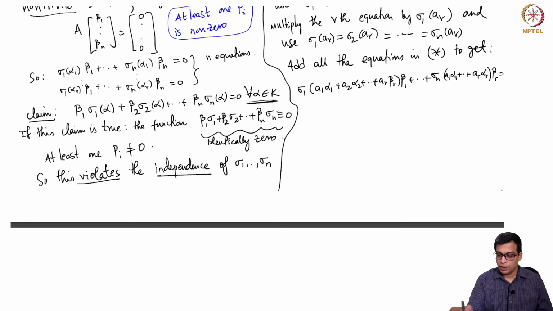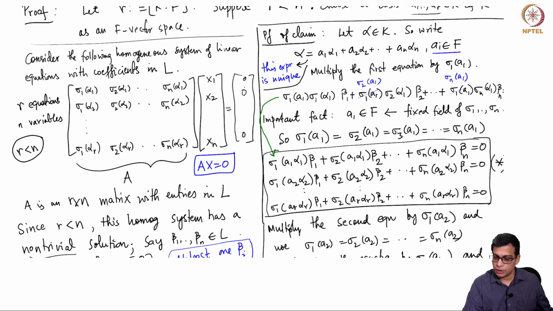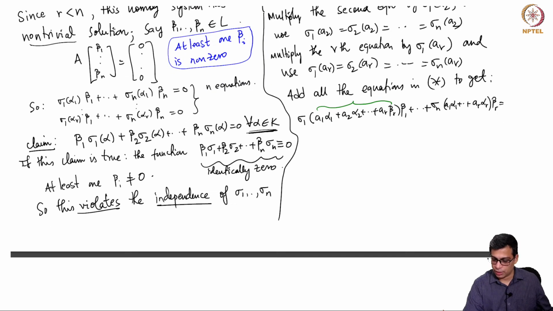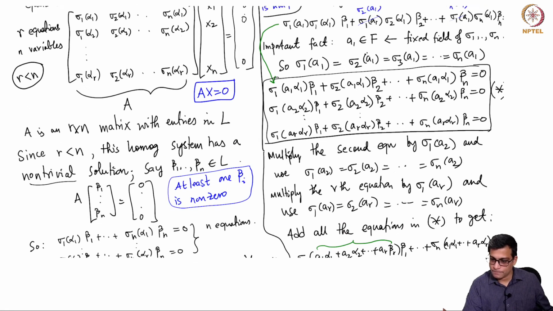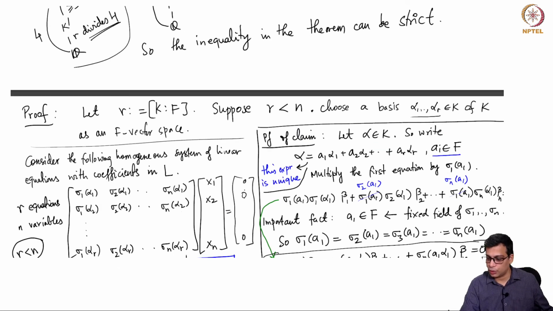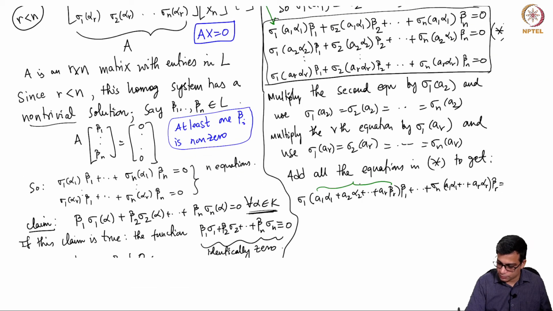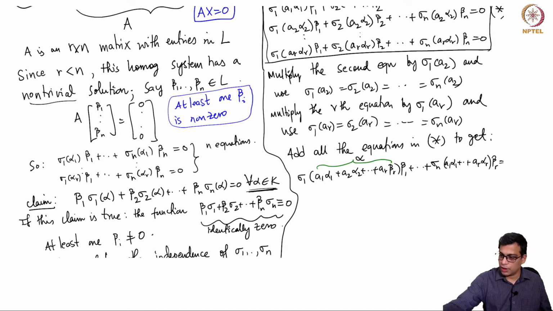So that is what we get. But what is the term inside the bracket? This is exactly alpha, right? So alpha is A1 alpha 1 plus A2 alpha 2 plus, I made a mistake here, of course this is not alpha n. This is AR alpha R, because alpha 1 through alpha R are the basis elements, so it only goes up to AR alpha R. So this term is just alpha, and this is alpha.